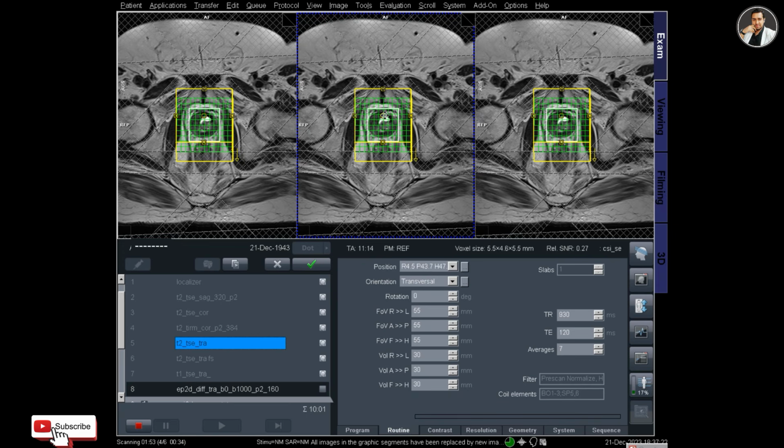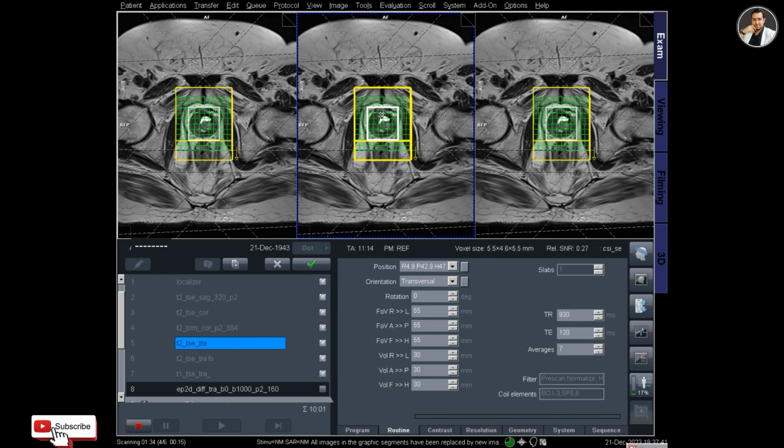So it's a little tricky to plan the MRS boxes over the prostate. So I think that's okay. This is perfect.